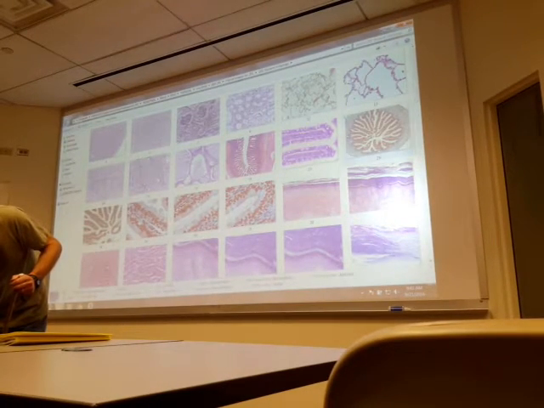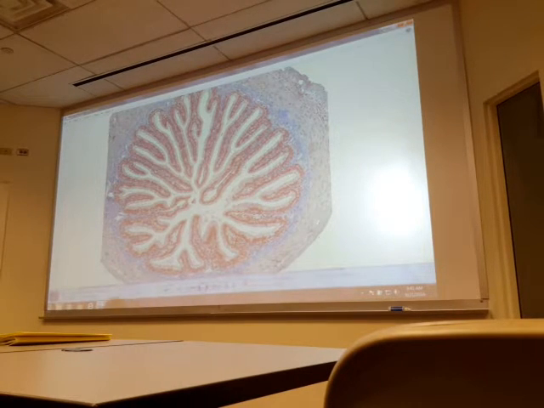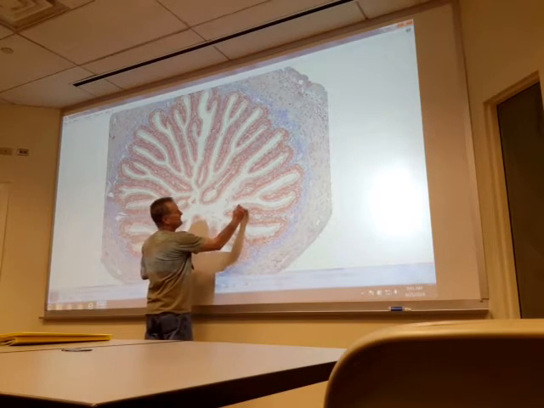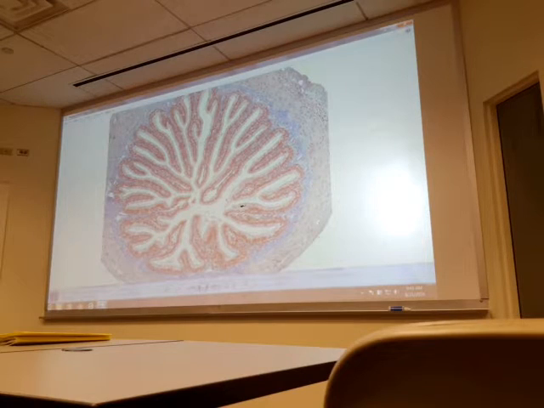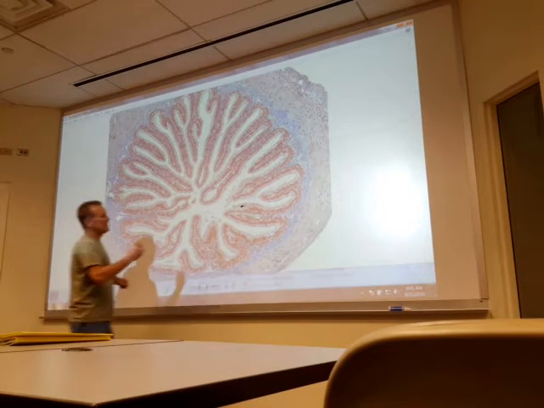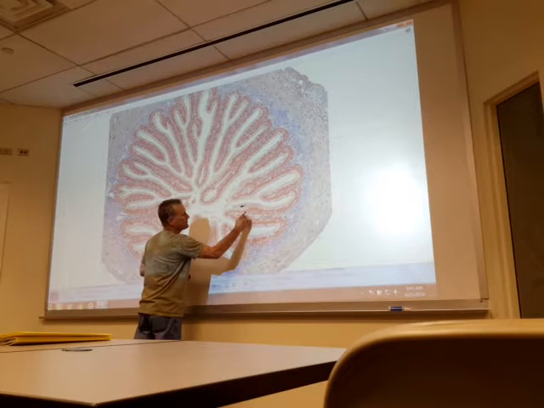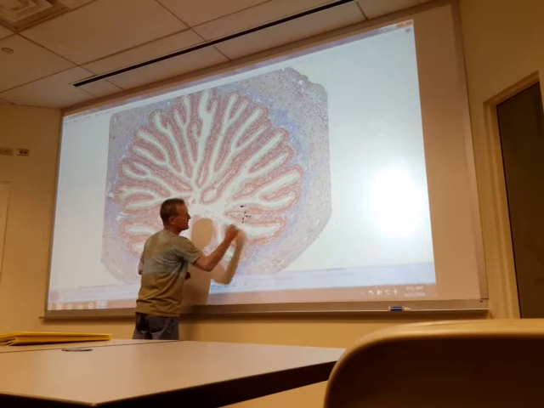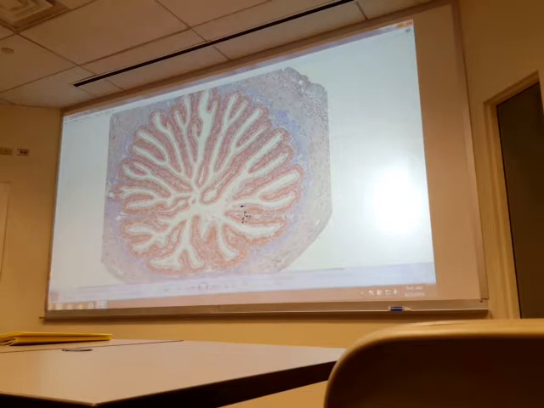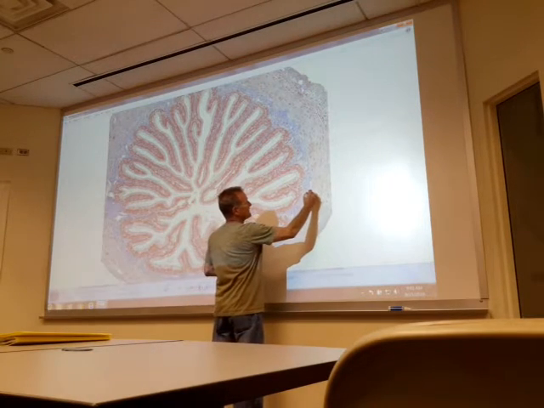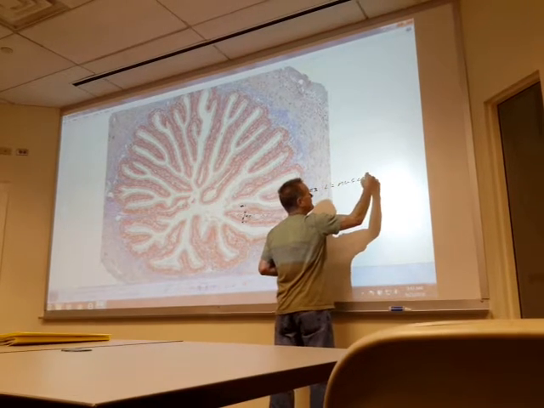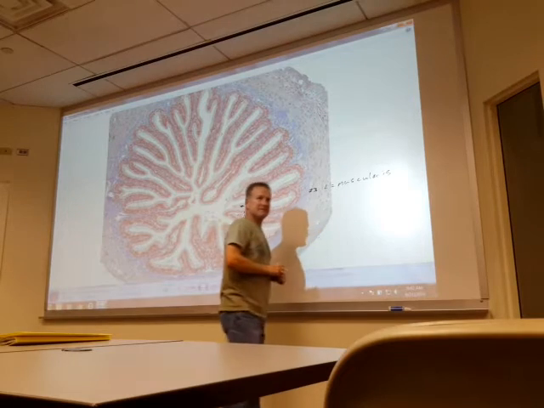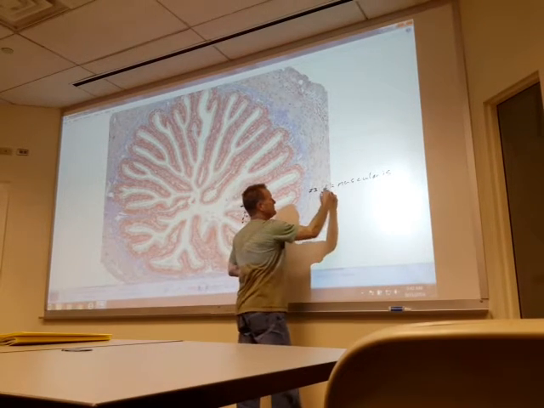All right, so wrapping up the small intestine, because we've got layer number 1. What's its name? Mucosa. What type of tissue is it? Simple columnar. We've got layer number 2. Submucosa. Name the tissue. Lamina propria. This is layer number 3. The layer is called the muscularis. And the tissue